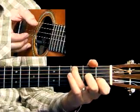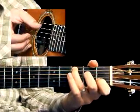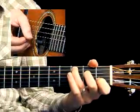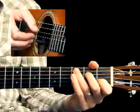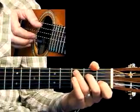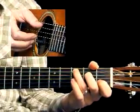And at the end, it's just 2 measures of bass. So that's straightforward enough. Here's what the whole thing sounds like strung back together. 1, 2, 3, and...